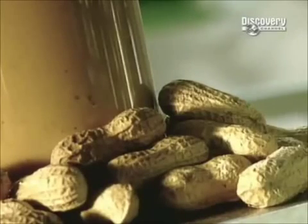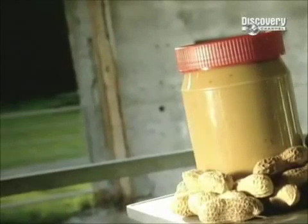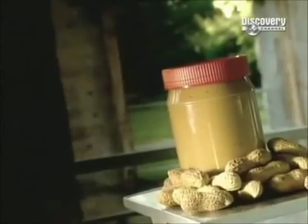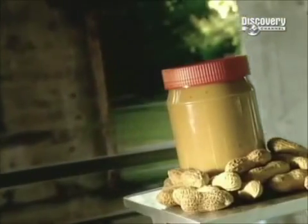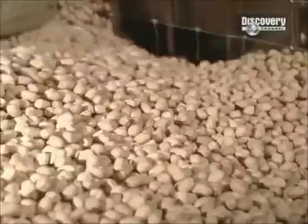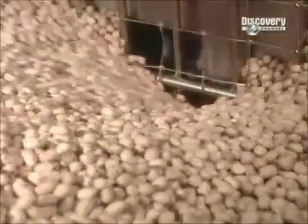Peanut butter as we know it today was invented in 1890 by an American doctor. He used it as a protein substitute for people whose teeth were so bad they couldn't chew meat. The best peanuts for making peanut butter are runner peanuts because they're uniform and roast more evenly than peanuts that